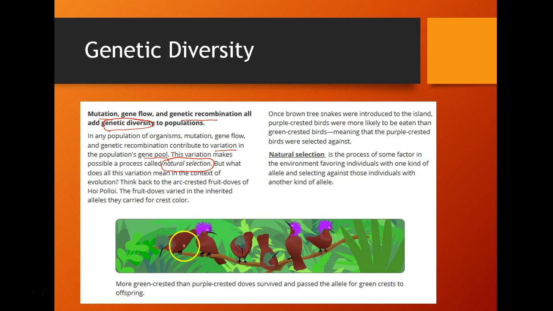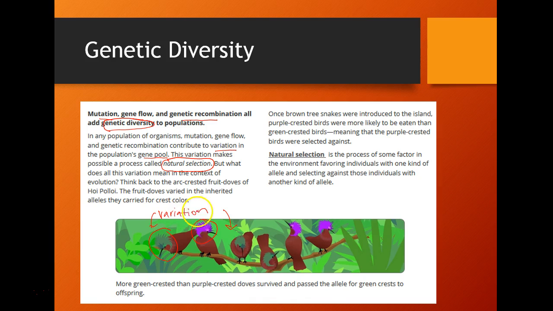Variation is really important for natural selection because you need variation in order for certain characteristics to be selected to be best fit for an environment. So let's go back to that example that we had in the last lesson of the green and the purple birds. We had different color feathers. Once we introduced those brown tree snakes, the alleles or genetic makeup of the population changed, right? So here we see a variation of birds,